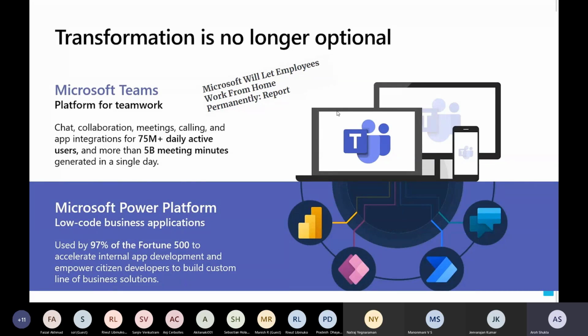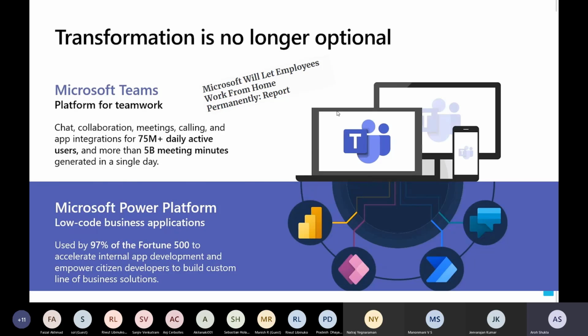What's the reason? Because Microsoft knows that people can be more productive, with less commute time, and can do the work more efficiently, right? That is the main reason. Not all companies can do it. Microsoft has the courage, has the guts, to let all their employees do it, right?